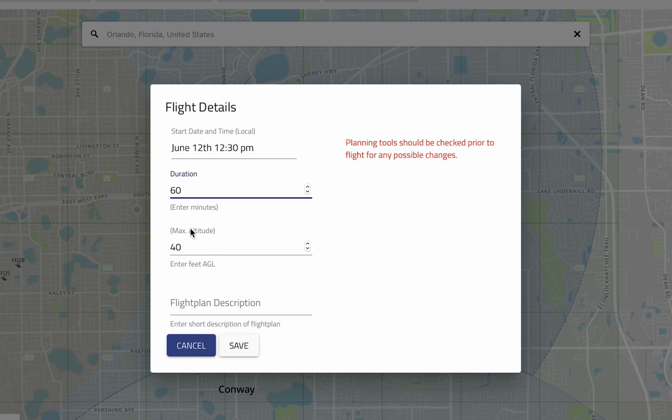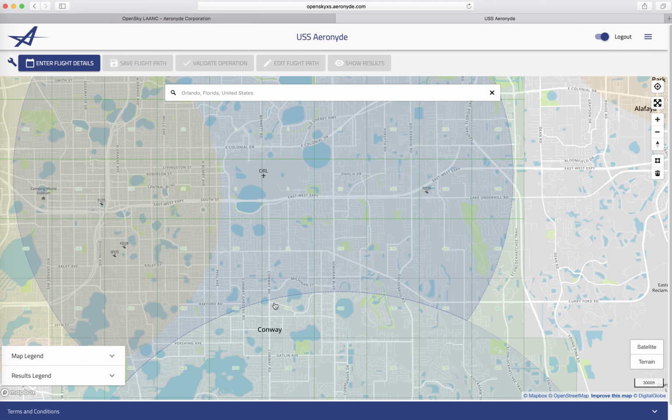Then enter your altitude to reflect your flight plan, and enter a short description of your flight such as real estate filming, and click Save to continue. Note: numbers within the green boxes indicate the maximum flight altitude for that area, measured in feet above ground level. Planning flights above this altitude will require further coordination with the FAA for approval, so make sure your altitude is